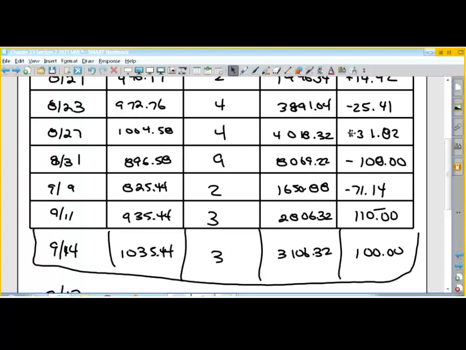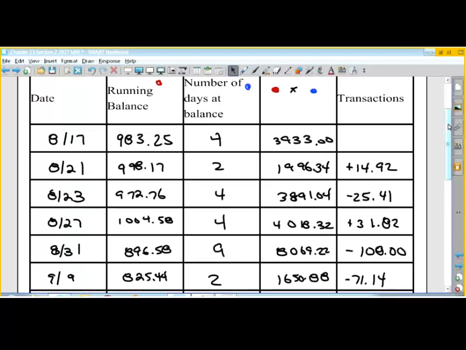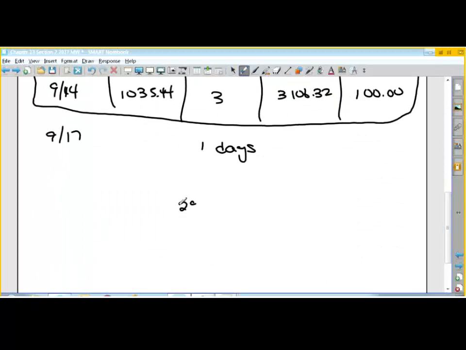So 3106.32 plus 2806.32 plus 1650.88 plus 8069.22 plus 4018.32 plus 3891.04 plus, now we're going to move up a little bit here, 1996.34 plus 39.33. So the sum of all those values is